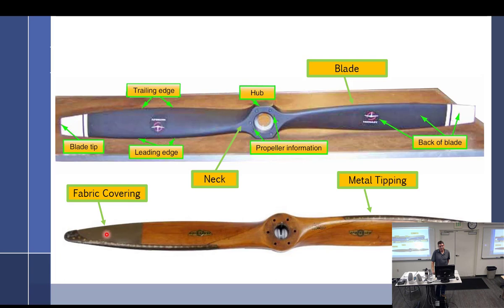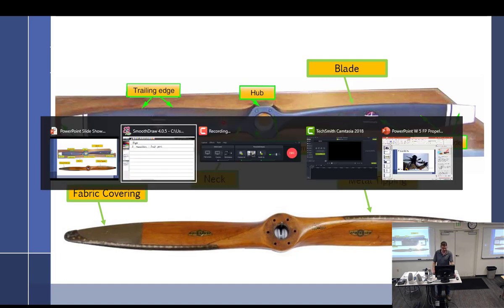The back of the propeller is what you are looking at right there. So the front is the back, and the back is the face. So you write this down. Back of blade. That would be point number I, because it was A, blade, B, neck, C, hub, D, board, bolt holes, blade tip, leading edge, trailing edge, back of blade, also called the cambered side.